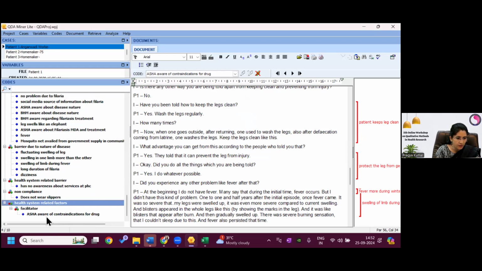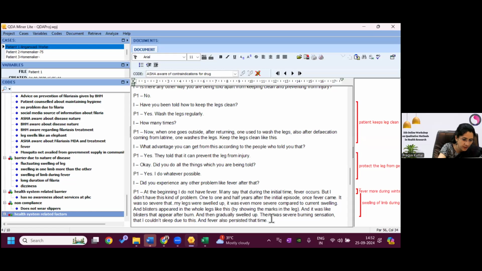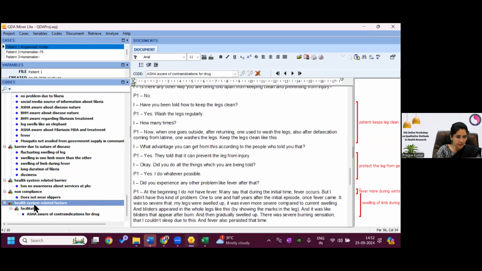Oh, this one. Yeah, there you can see there is a plus and minus here. Let me focus. You can see there is a small icon here towards the left side. If you click on this, this will be expanded. So health system related factor, they are the facilitator, and there will be barrier.